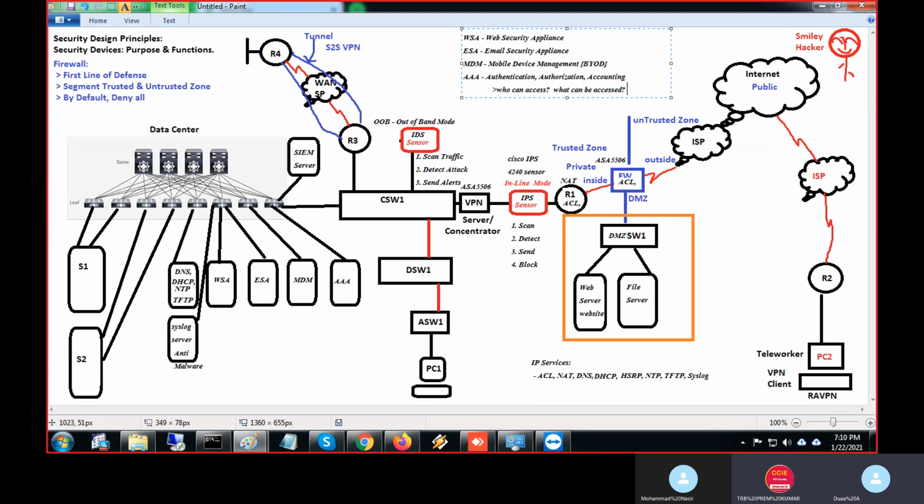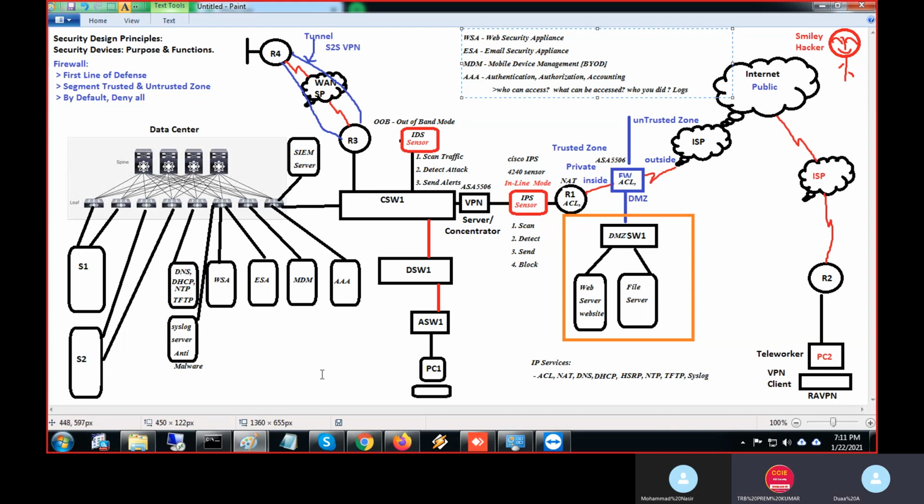Next, whatever you do, I'll maintain the log record of what you did. That is accounting. There is a server, the AAA server. First it says who can access. Second, it says what can be accessed: you cannot access this server, you can access that server. Third, whatever you do, I'll maintain your log, so tomorrow you cannot say you didn't do it. You have all the logs.